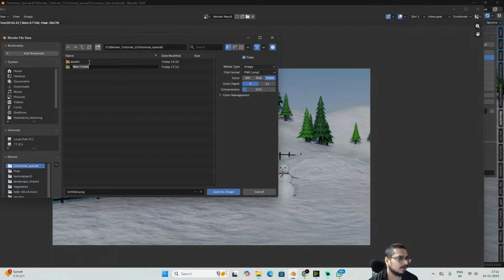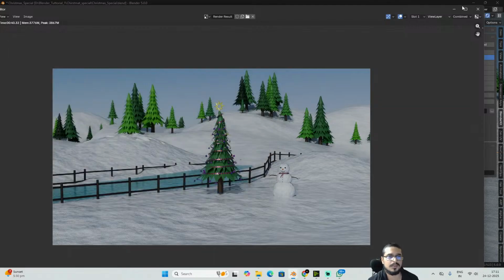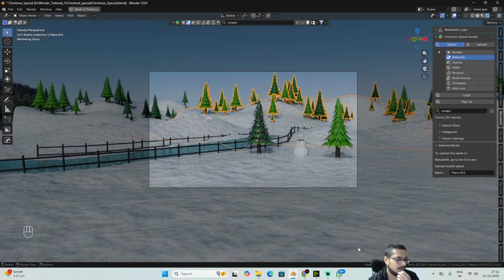Or renders, zero compression, rev underscore one, save as image, and